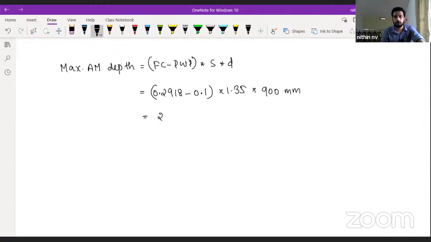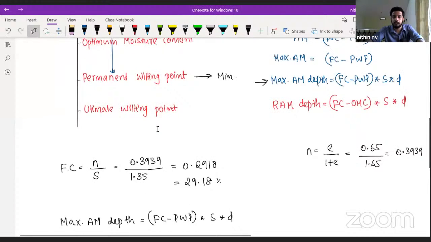233.037, correct? 233. Is it correct, guys? Maximum available moisture depth? Yes, okay. Now, readily available moisture depth. What have they given? Readily available moisture depth is equal to, one second. Yes, readily available moisture depth is equal to,